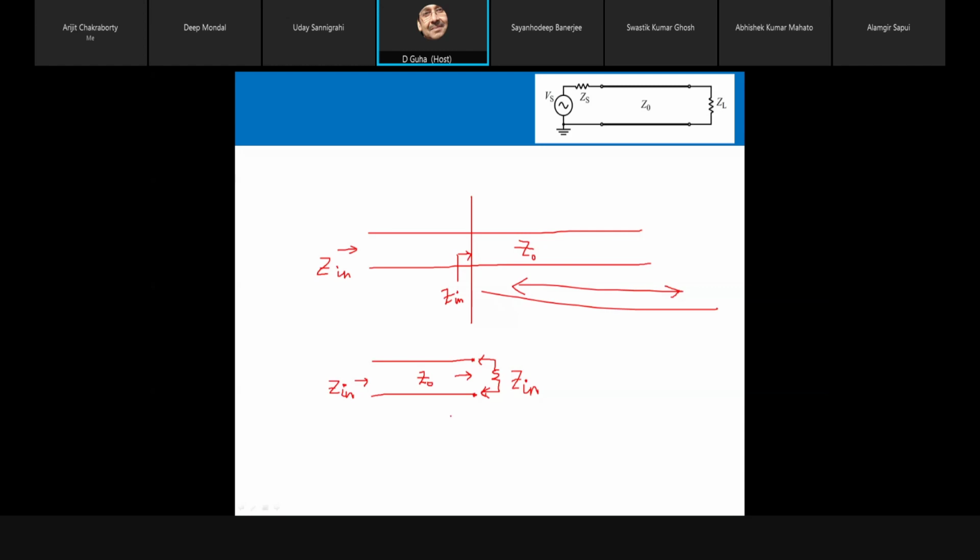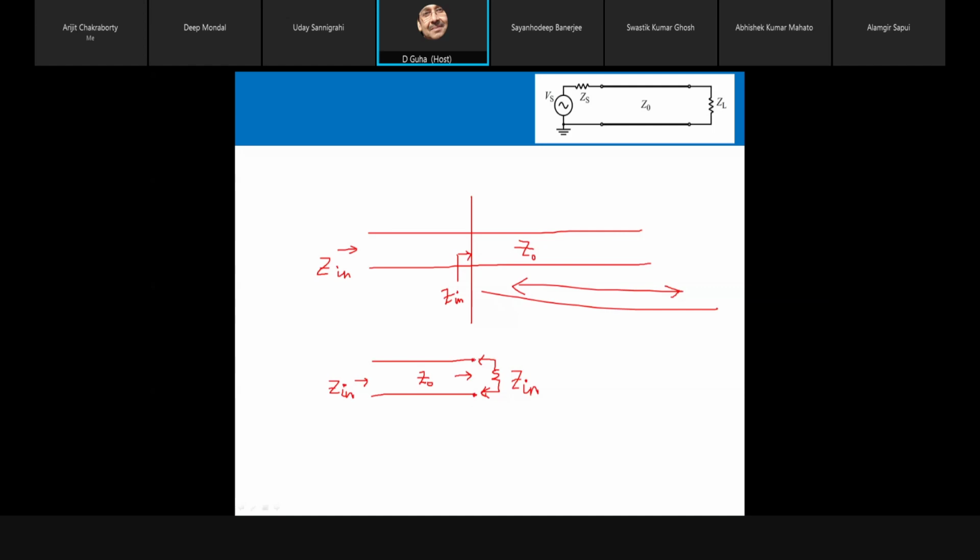That means, when I terminate a transmission line, you note this point, when I terminate a transmission line by its input impedance, আমি এটাকে টার্মিনেট করছি,